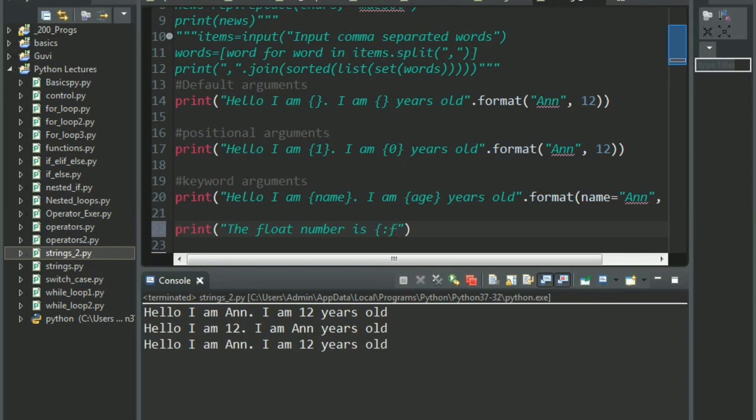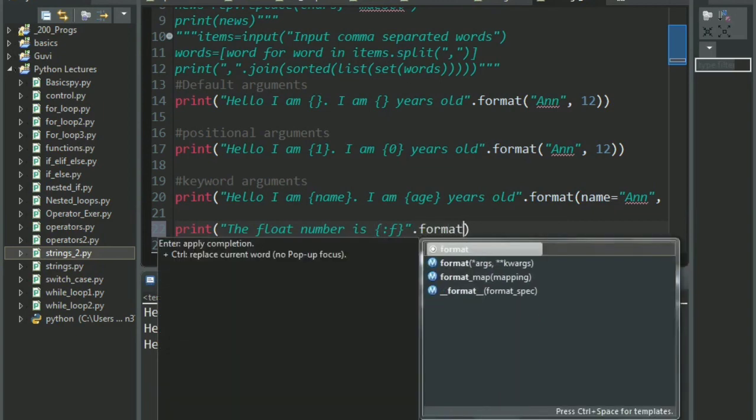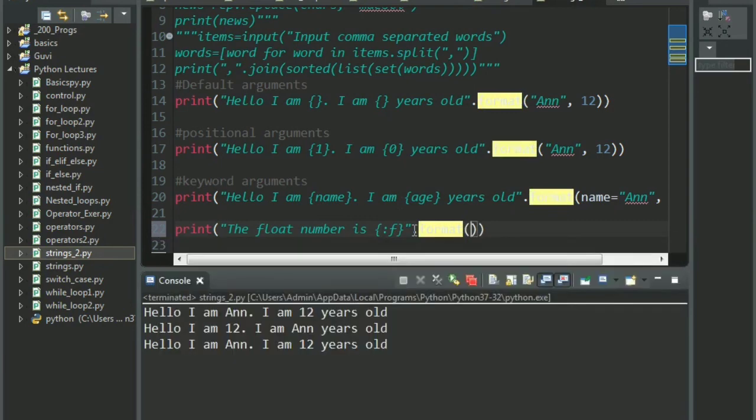F stands for float numbers. Similarly you will have different ones for decimals, that is integers. The float number is colon F inside curly braces, and again similarly like strings we do dot format, and inside it we simply give the float number. Maybe I take a really long one, 3 4 5 6 7 8, something like that.